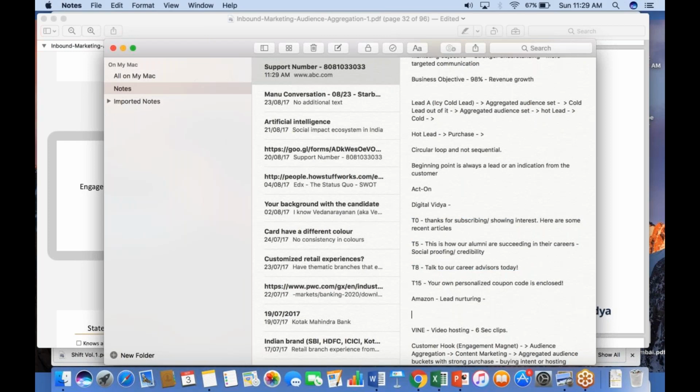So what Amazon would do is directly hit you with point number four, an offer saying that if you buy this mobile phone, we also have an interesting offer for you. Along with this mobile phone, we also have the screen guard, and this entire package costs you whatever it is. Let's say the phone is $5,000, and the screen guard is another, say, $500. We give you the whole thing for 5,100. That's a package deal. Why don't you go make the purchase? Here's your coupon code, and you need to make this purchase within the next 24 hours, right? So that's how an Amazon would employ lead nurturing.